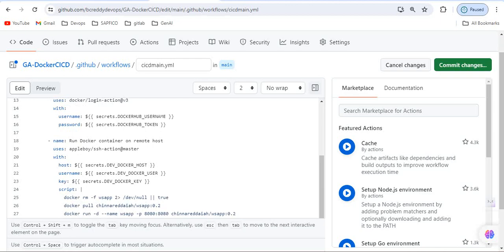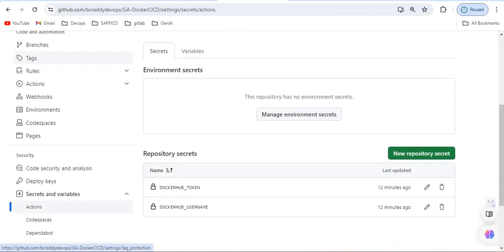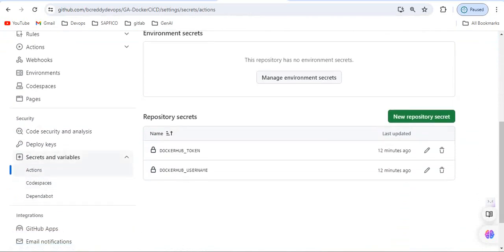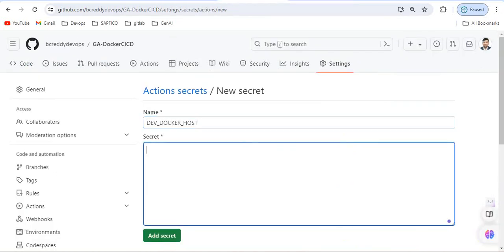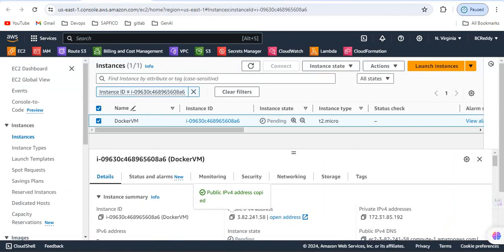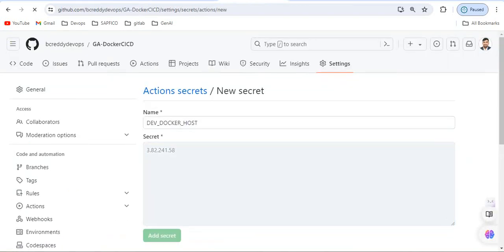So we have to configure these secret names: dev docker host, docker user and docker key. We have to configure the same in secrets and variables. The first secret is dev docker host. So you have to provide the public IP of your EC2 instance. This is copied,